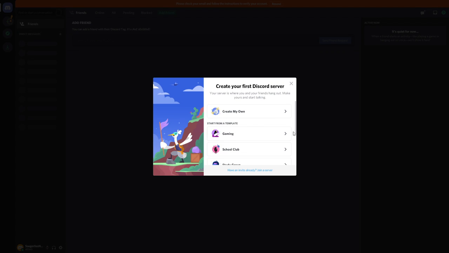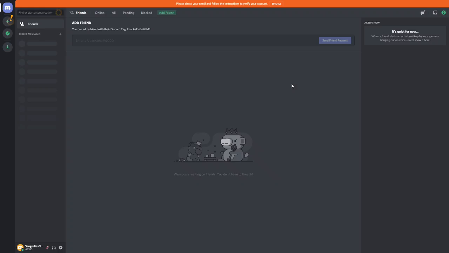So we can create a server for ourselves. Servers are basically the communities that we can build in and of themselves. We don't need to create a server to be on board. And then here is the basic interface. It's got the check your email, follow instructions to verify the account, and we can go through that in a second. But this is the basic look and feel for